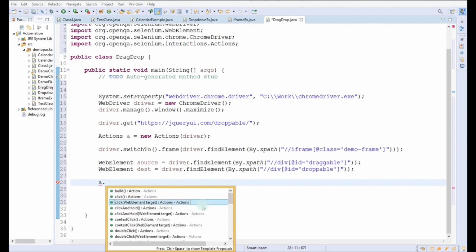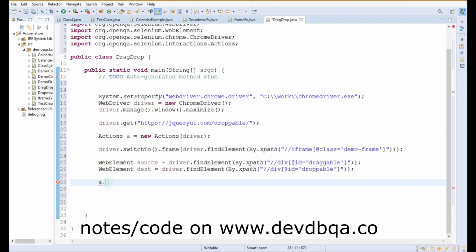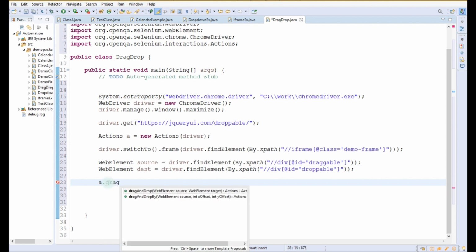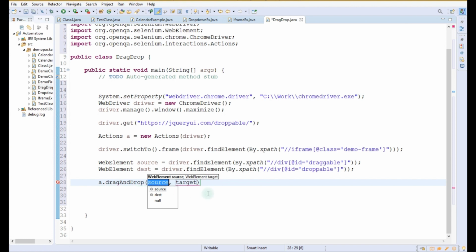These are the different methods we can perform using the Actions class. In our case, we have to perform the drag and drop operation, so we write a dot dragAndDrop.